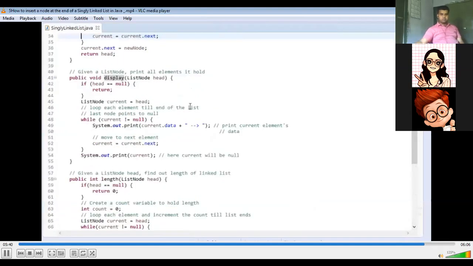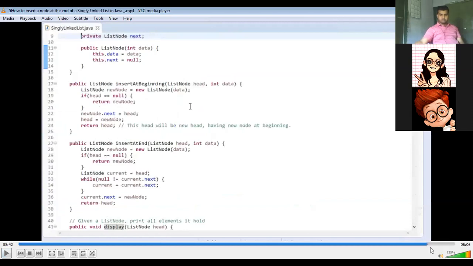So friends, just look at this particular part, that is list node insert at the end. That is this particular function part, the method part. What they have done: they have created a list, and inside they have created a node. Inside the node, data has been stored. Now, first thing, before inserting, it is necessary that you find out whether a linked list actually exists or not.